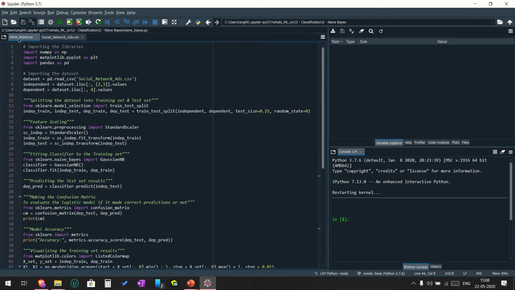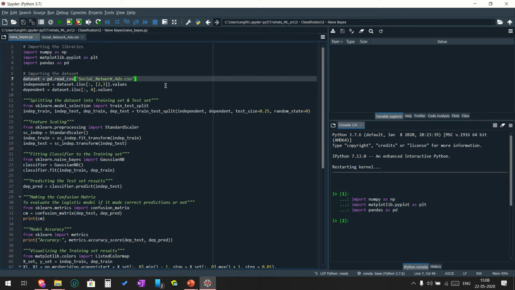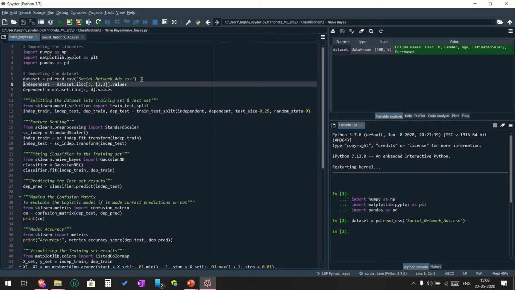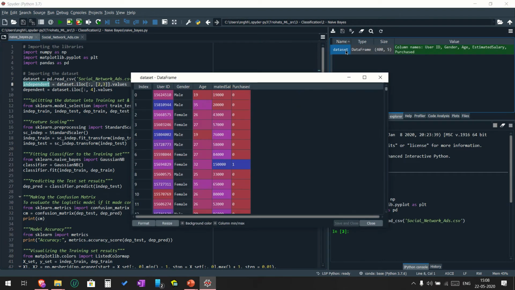Now, starting with 3 common libraries. After that we'll import the dataset, that is social_network_ads.csv. This is the dataset, right? User ID, gender, age, estimated salary. These 4 are independent variables.